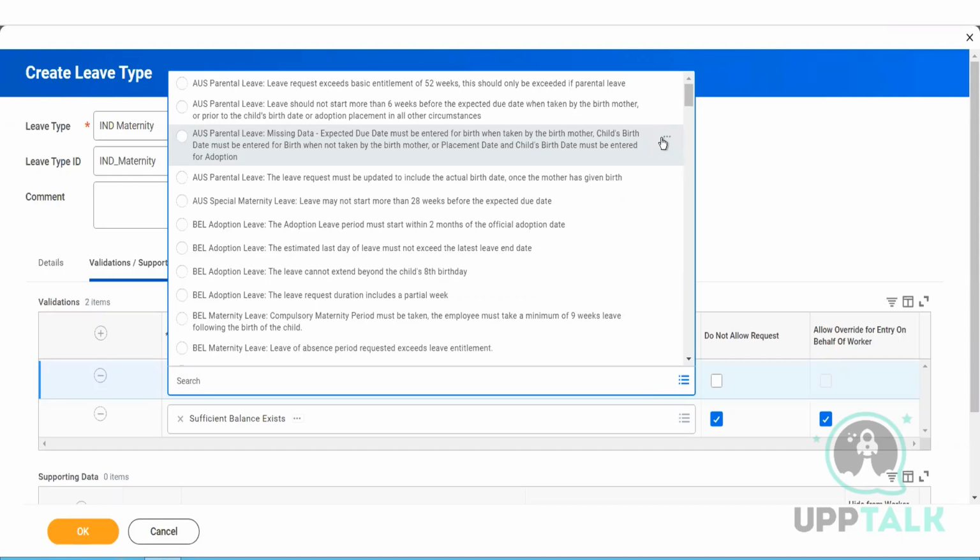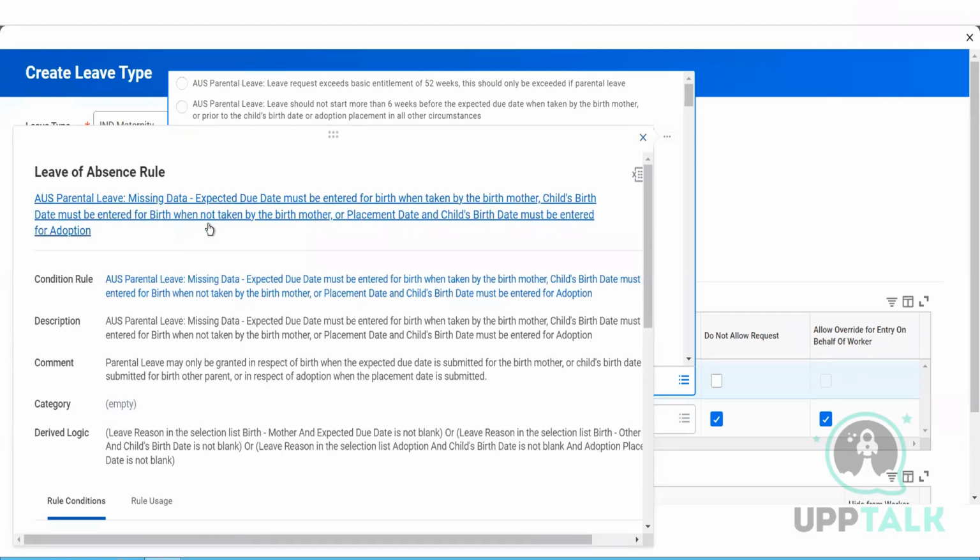And if you want the data to be entered and not be neglected, you can create the validation rule for the employee. If you see, this is basically a leave of absence rule. If I open this in a new tab, and if we see this,